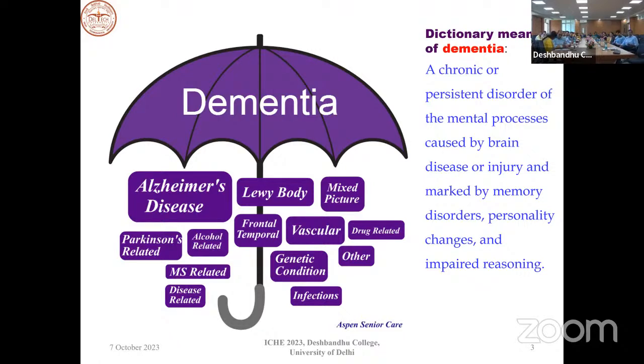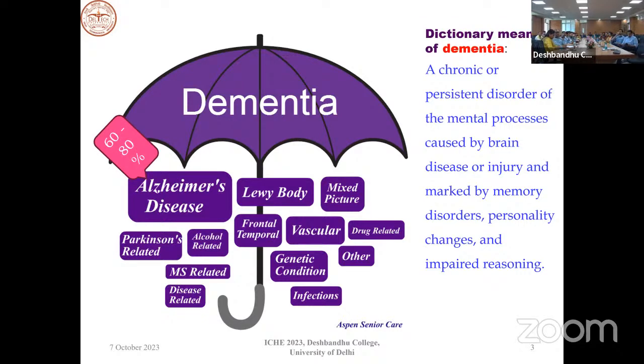Anyway, so if you go to the dictionary and find the definition of dementia, it is a persistent disorder of the mental process, caused by brain disease or injury and marked by memory disorders. But sometimes we forget things in daily life. This is not to say that we have faced this type of problem. There is an umbrella of diseases associated with dementia, and about 60 to 70% of the conditions are